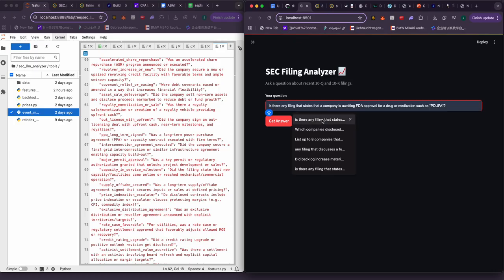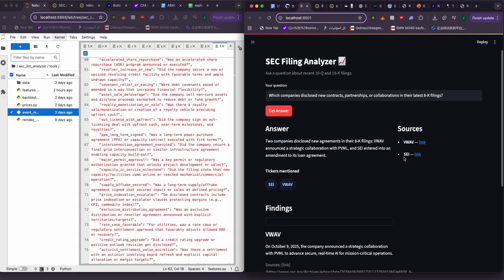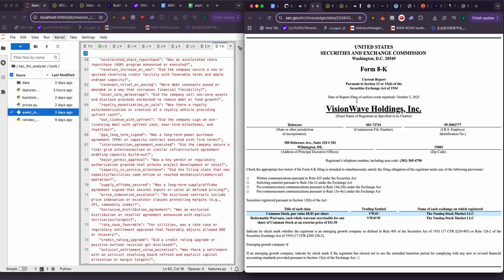But moving further, I will just show you how my SEC filing analyzer works, and what I can do with it, and what you can do with it if you wish to have it, use it, or learn how to make it. So let's see. So we have VWAV,